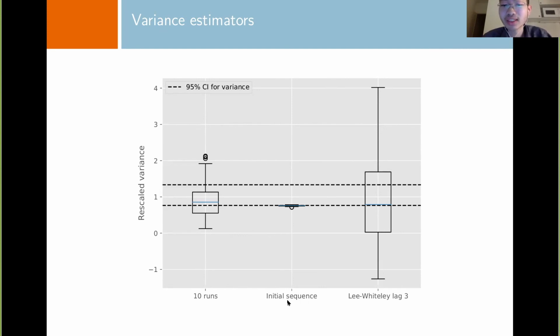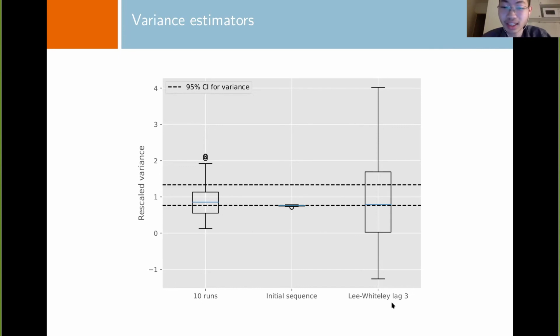I will not detail it here, but you can look for more detail in the article. Basically, it is a more or less direct translation from the corresponding method in the MCMC literature. And the last one is a method of estimation that is more specific for SMC models, but